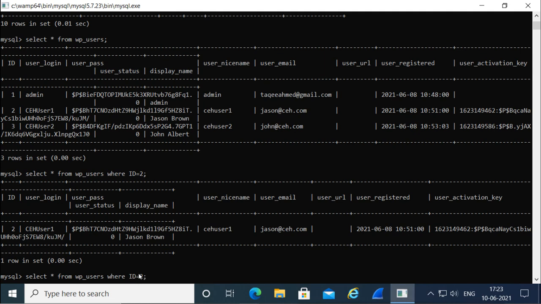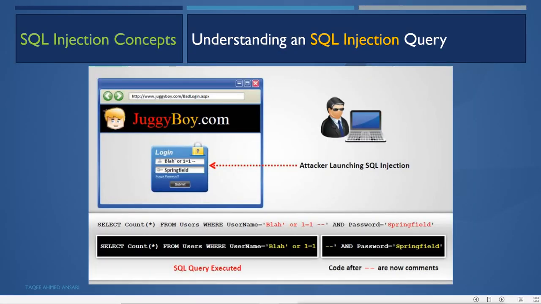Now you see what the attacker is doing. The attacker is also doing the same thing. The query is not designed here. The attacker is not sending the query. The query is actually designed on the web application by the web developer. It is designed so that when someone sends this value, this value will be added here with this query, and the query will be executed and sent to the web server.